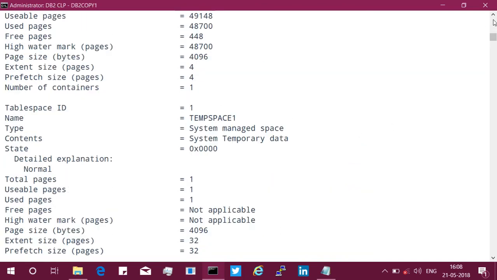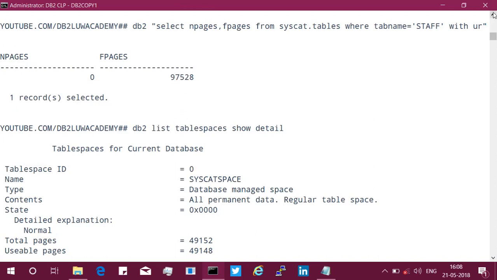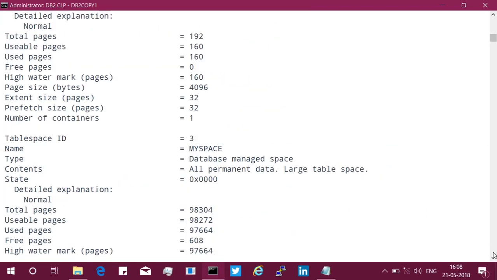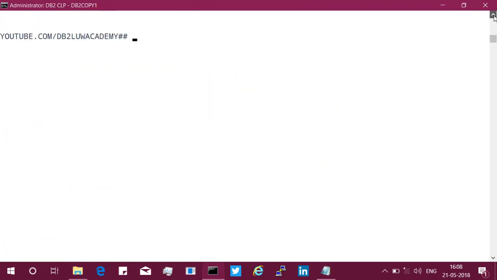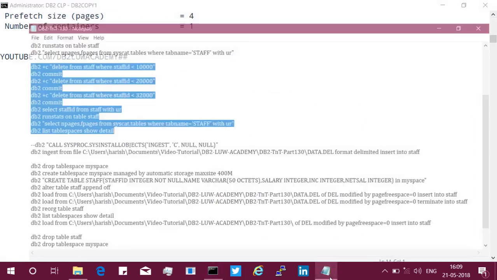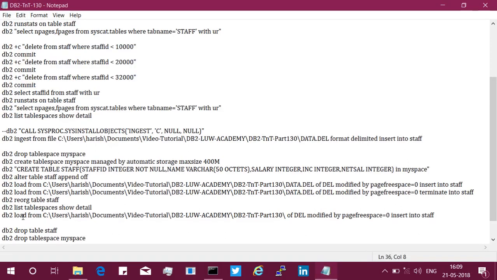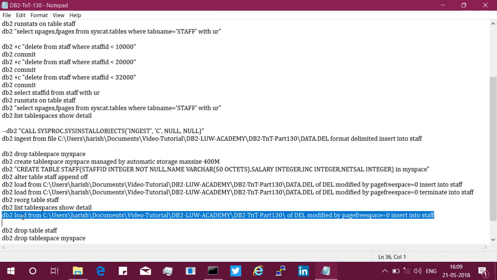Did we delete the records? Yeah, so we have deleted all the records, and you can see that. Now everything is empty, or logically empty, okay. So what we'll do is just do load again, because this is like an empty table, right. So if I run the load again,